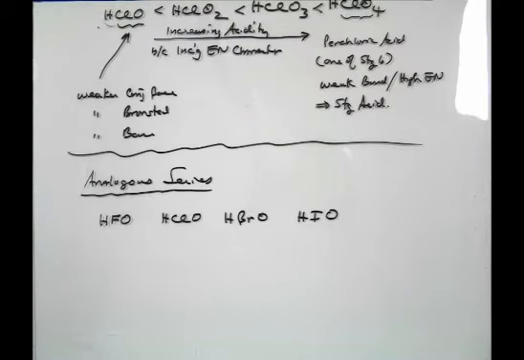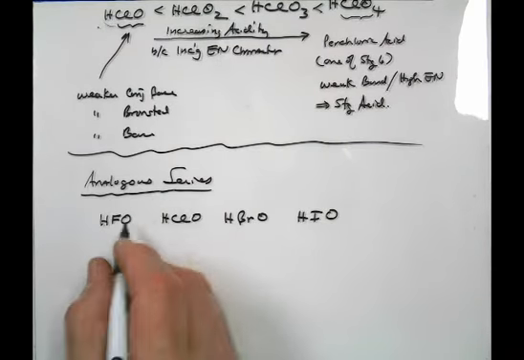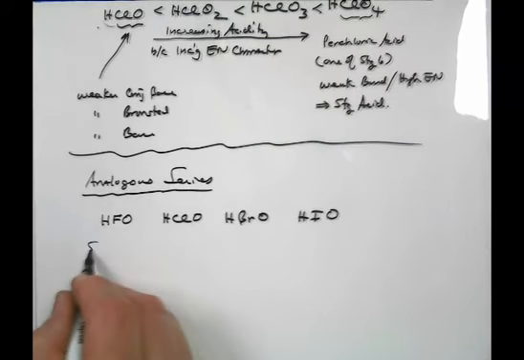Who in that collection would be the strongest acid, and who would be the weakest acid in that context? The higher electronegativity in molecular structures like this would be the stronger acid,